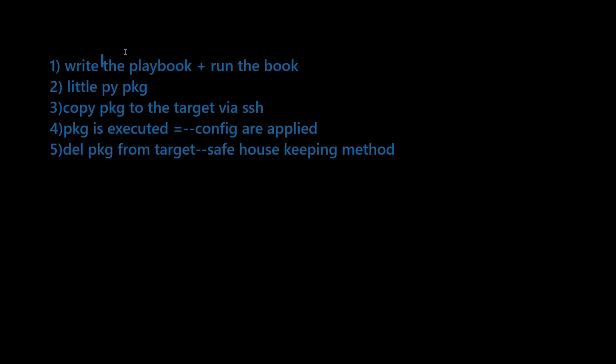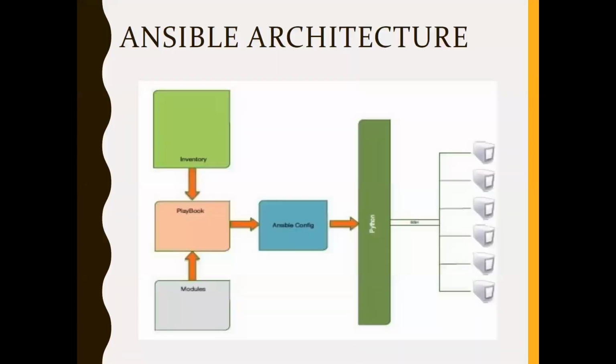Actually, here one thing is, it's not that packages will be downloaded from the controller machine. You just write the code to install so-and-so package, and using that code, it will install on the target. It's not downloading any packages or software from the target machine. That is an overall summary of the architecture and the process of execution.